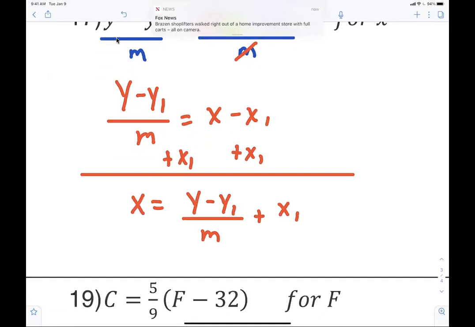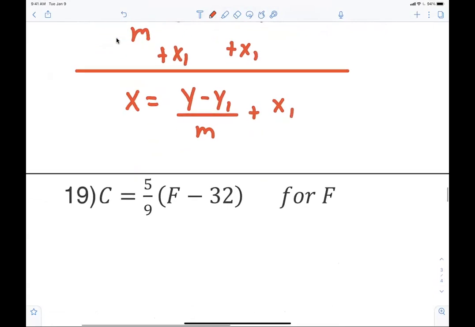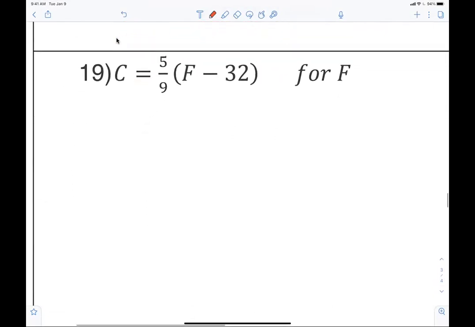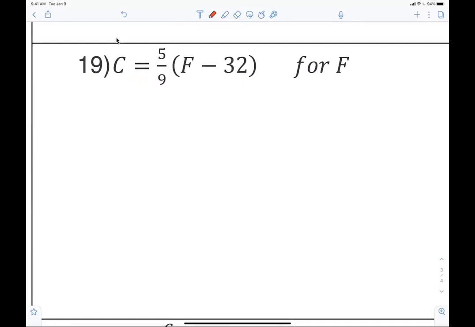All right, here we go. Ooh, fraction. Brennan, what are you thinking? How do I get rid of a fraction? Yes, multiply by what? Yes, multiply by the reciprocal. What's the reciprocal of 5/9? 9/5. Right, so now I have